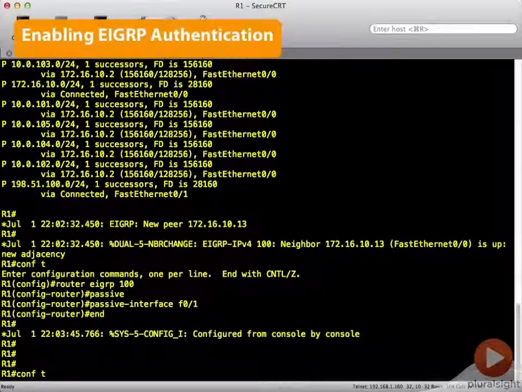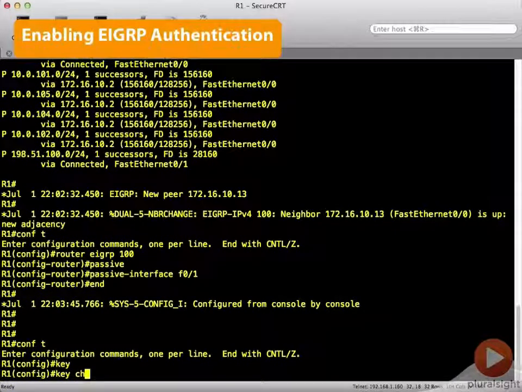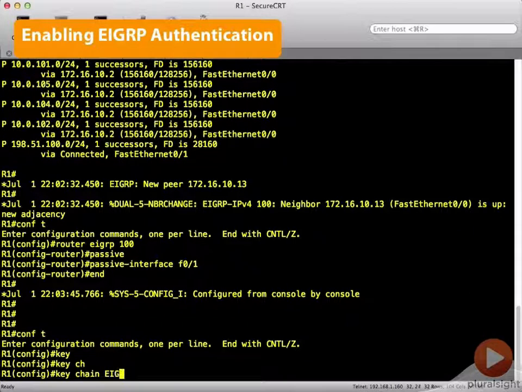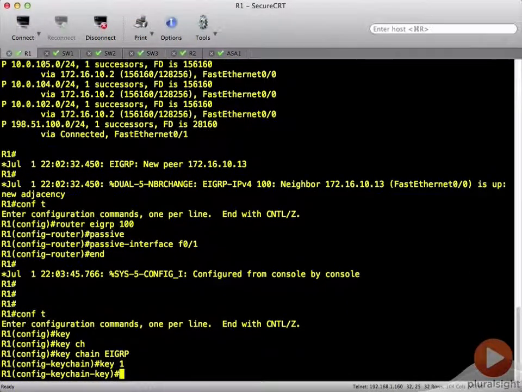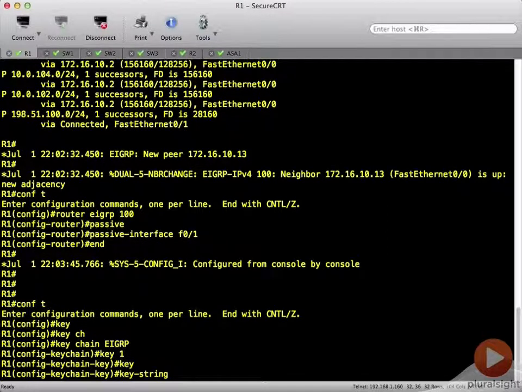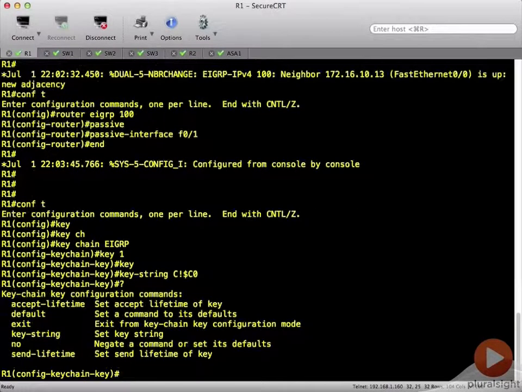We can create another keychain. So keychain EIGRP is what I'll call this one. We'll say this is key 1, and the key string is Cisco. Now, one of the things that we can do with EIGRP, if I issue the question mark here, we